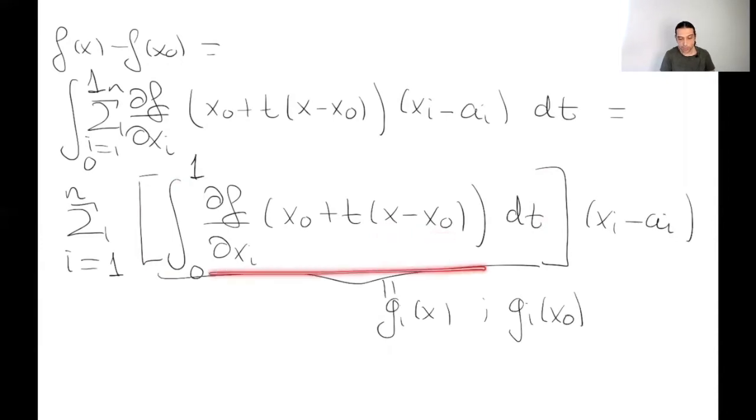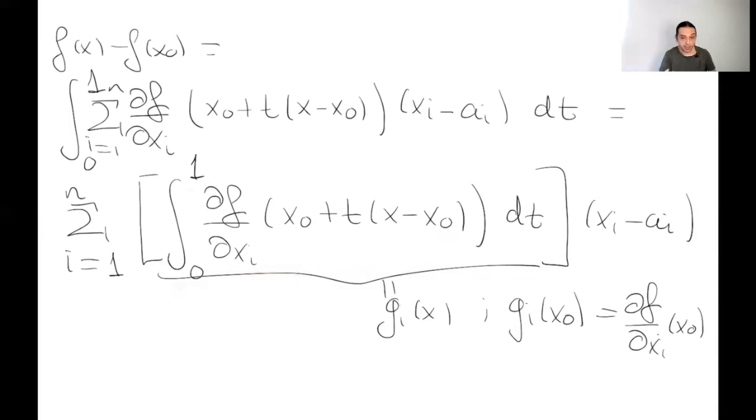So this function over here is constant. And the integral between 0 and 1 of a constant function is just this constant. So it's going to be the partial derivative of f with respect to xi at the point x0. Okay? And now